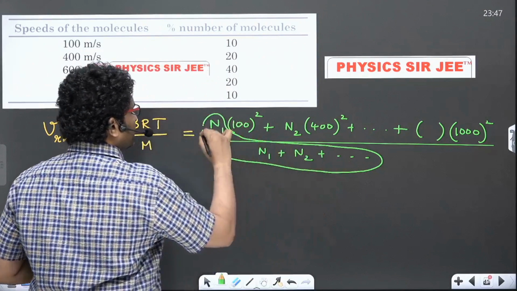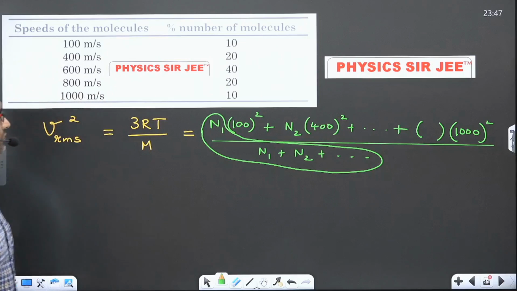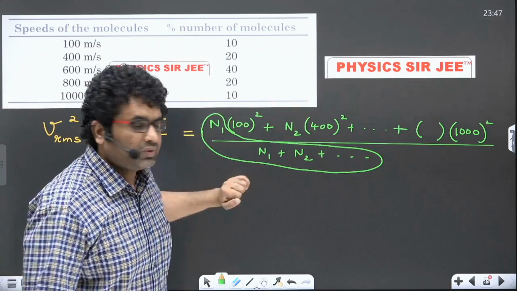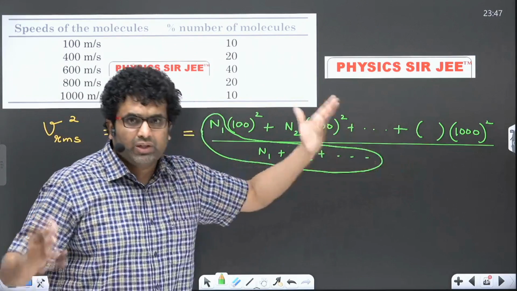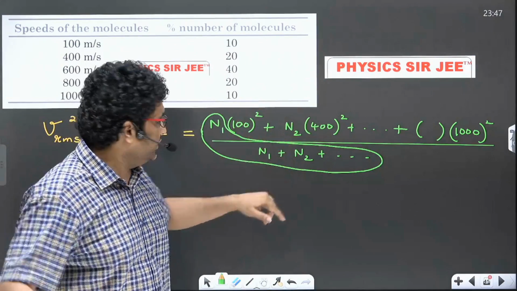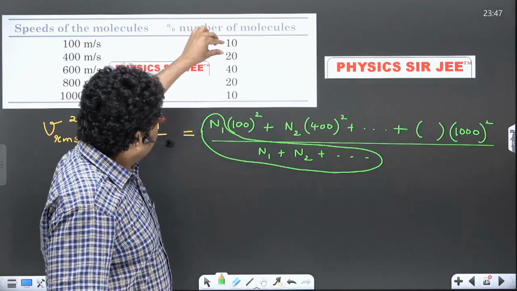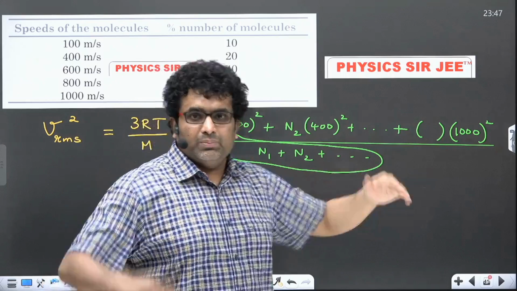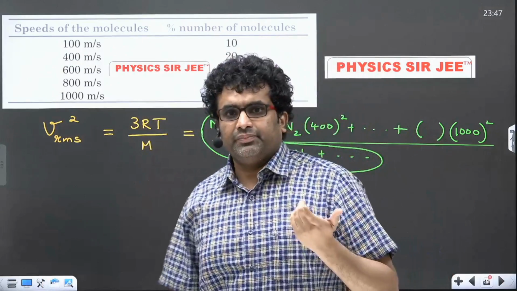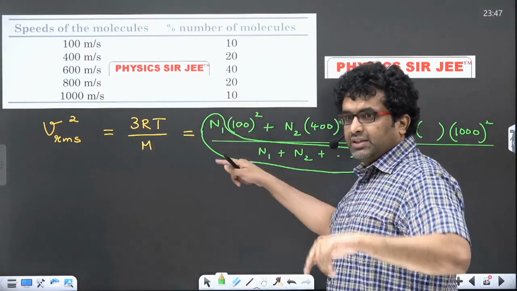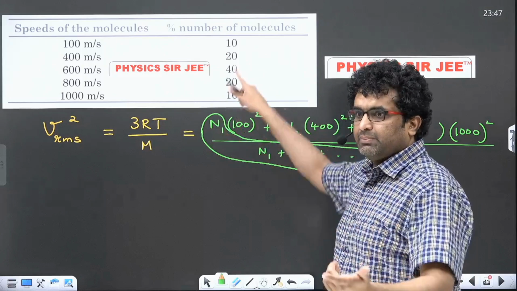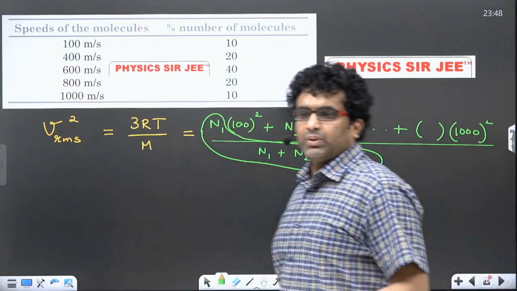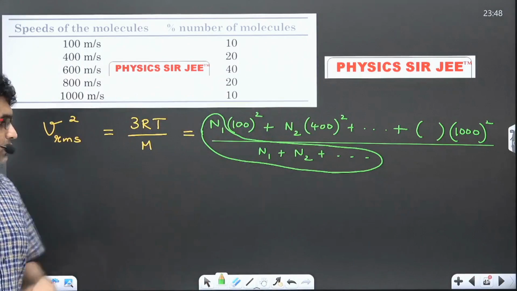Remember this particular part, by changing them into number of percentage molecules. So instead of n1 by n1 plus, because I don't know how many molecules are there, I know the percentage. Replace this with this 10 here, and then write the 10 at the bottom, because the ratio will get cancelled. So I would rearrange this as P1, which is the percentage, and this is P2 and P3, and the sum of the percentages I'll put at the bottom. I hope you got that point.